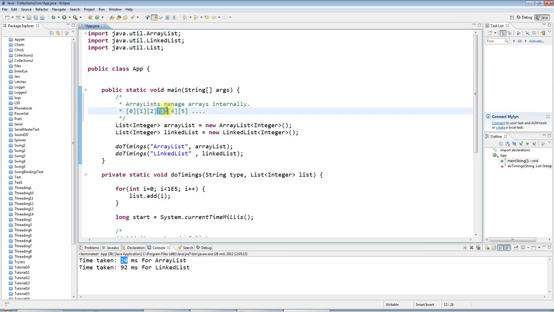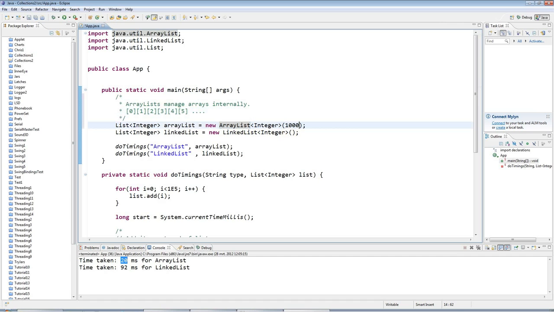Getting a particular item from the list is very fast. If you want to get an item at position 500 or whatever, it's easy to calculate. It's easy for Java to calculate the position in memory of that item and just go and get it. If you want to add items to the end of the list, it's usually fast, because